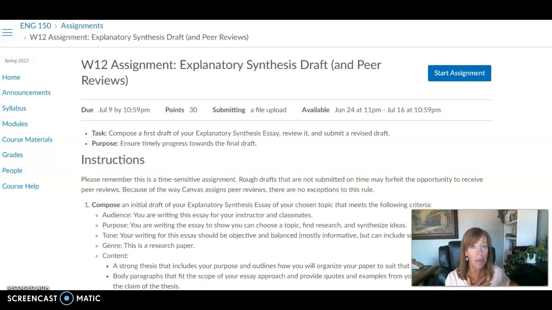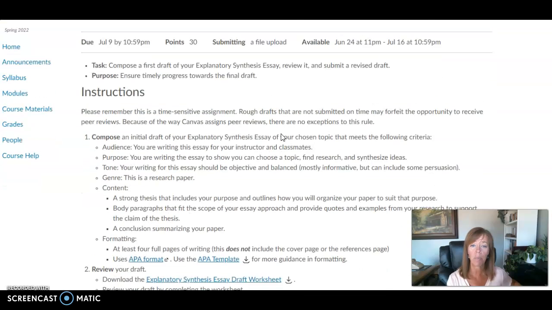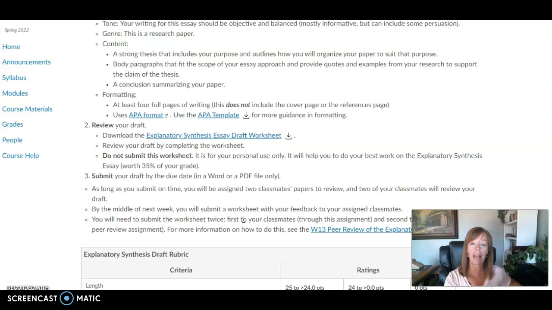That's important, especially for research papers. Those formatting styles are very important because we want our audience to know where to find the sources, what information is coming from where, and where they can find it to carry on the research. And then here we go, our rough draft. All right, so here's a little draft worksheet. You don't have to turn this in. This is just for you to do a little self-assessment and get that draft in.